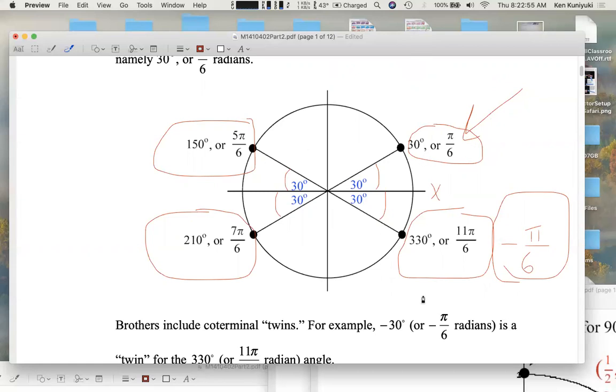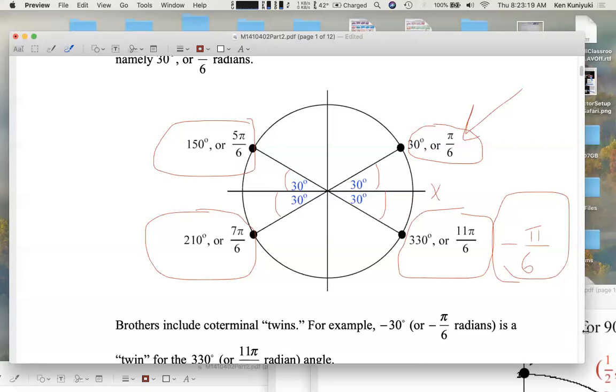So how do we get the brothers in the other quadrants? 5 pi over 6. Remember, 5 is 1 less than 6. That's the famous brother in quadrant 2. 7 pi over 6. 7 is 1 more than 6. That's the famous brother in quadrant 3. 11 is 1 less than twice 6. 11 pi over 6. That's the famous positive brother in quadrant 4, although often we like this coterminal angle, negative